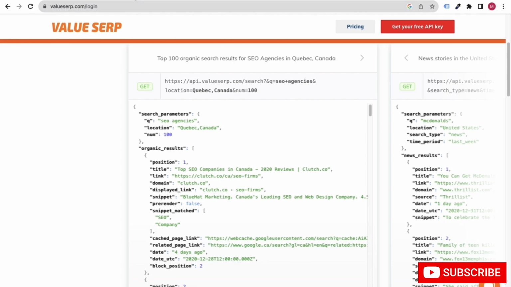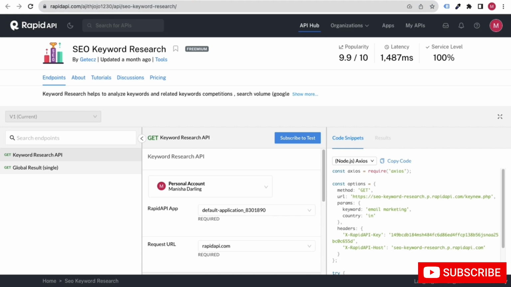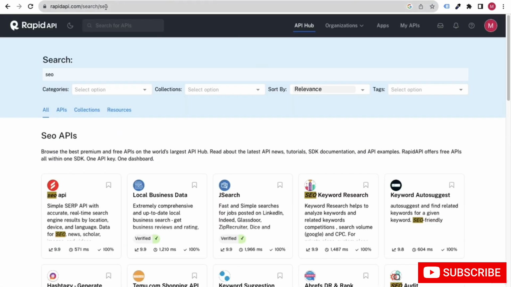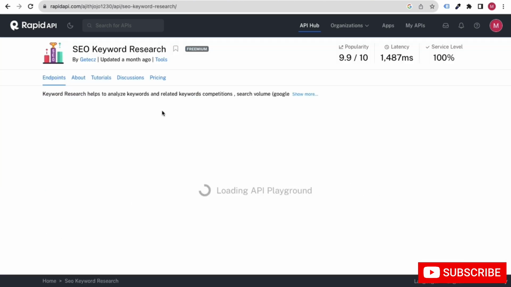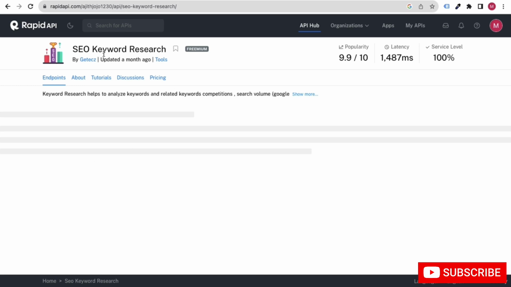Similarly, let's say you go to Rapid API, and here let's say we have searched for some SEO tool, and let's say we have this SEO keyword research tool. So there will be some kind of endpoints, functionality for this particular API, right?